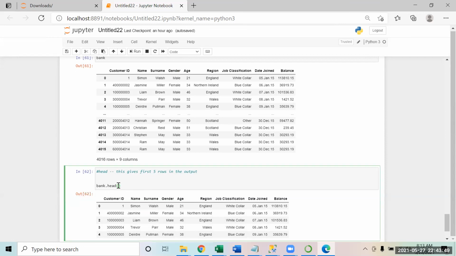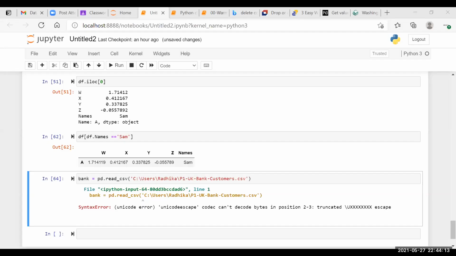It's not loading the data for me somehow. I've given the path, but it's still not loading the file. Is there any other way we can do this? Can you share your screen? Yeah, sure. One second. Are you able to see my screen? No. But here I have not given the full path. I gave the full path also, it wasn't working. So this is the full path.